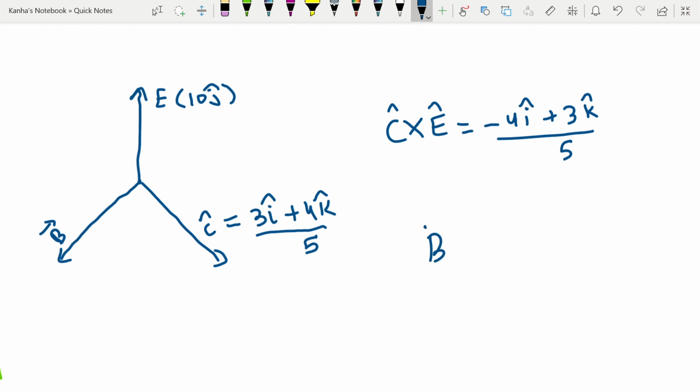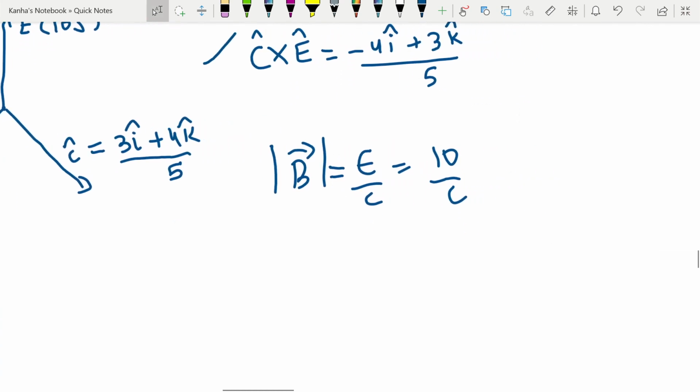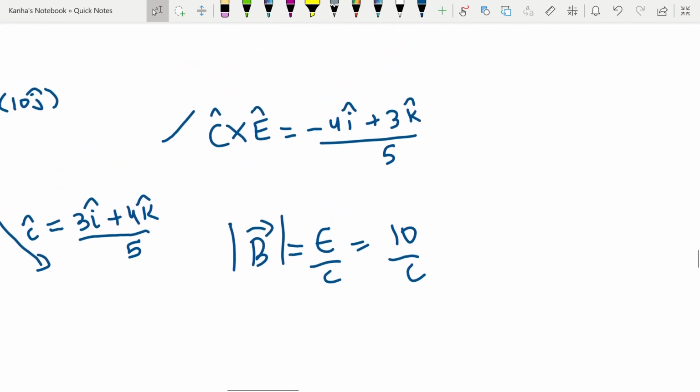Now we already know that the magnitude of B is equal to E by C, is equal to 10 by C. So at least we know the magnitude, and we know that the direction of B field will be in the direction of C cross E. So using this, I can write that